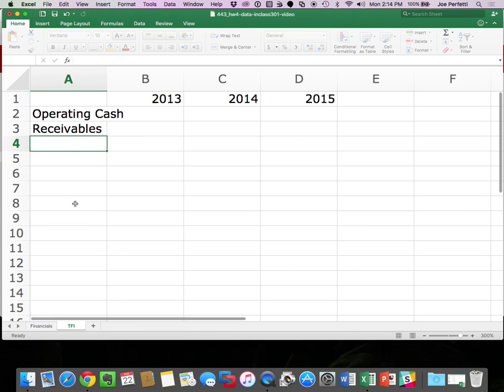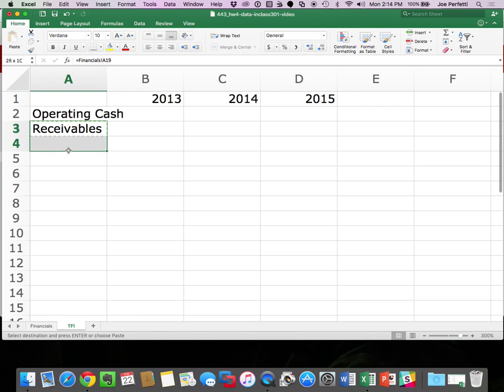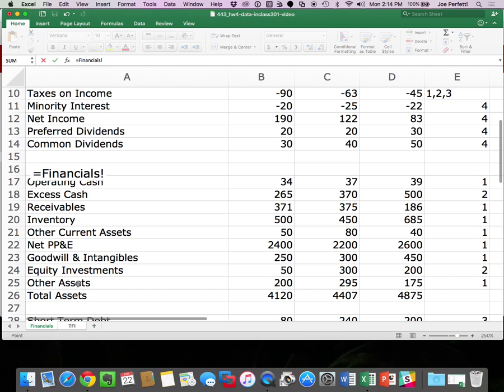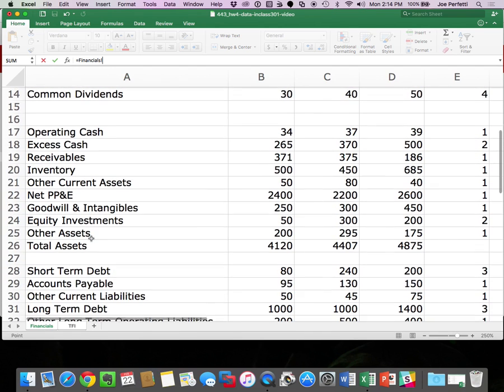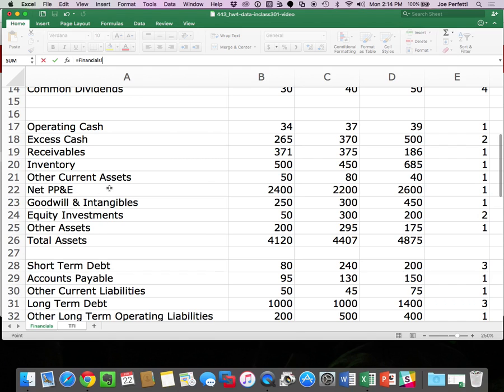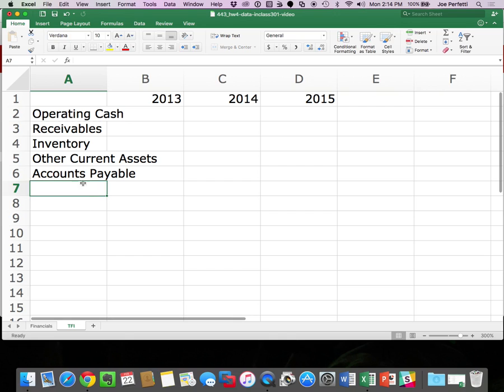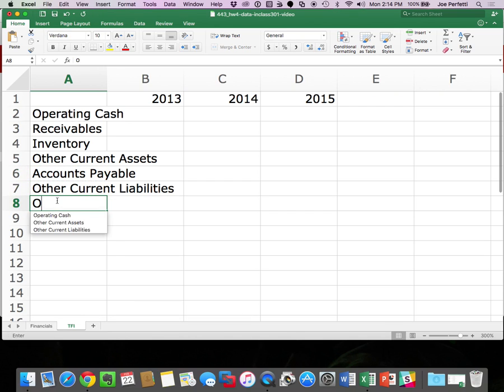So we got receivables, inventory, current assets, and I'll go with the working capital method that we talked about at the end of class last week. Anything that is a liability, that's current, so is my accounts payable and other current liabilities, and that will get me something called operating working capital. All right, so when I copy and paste these over,